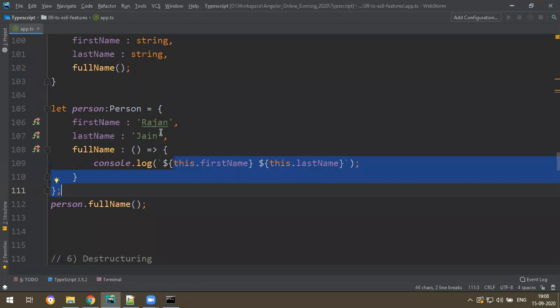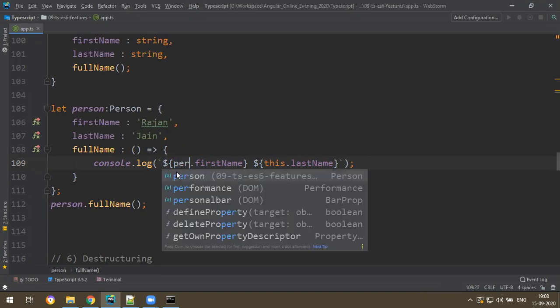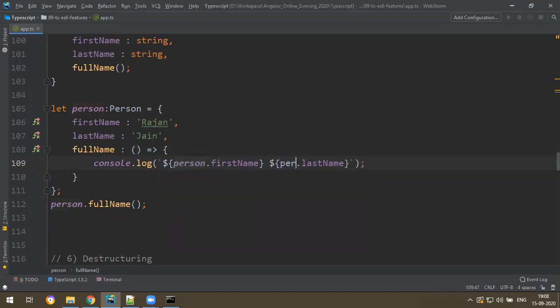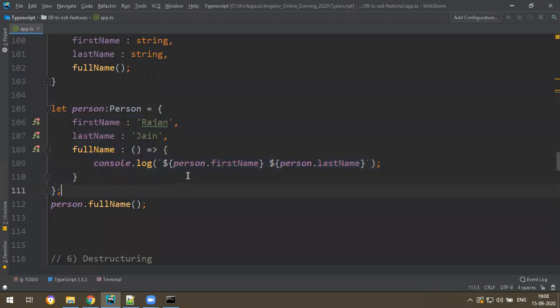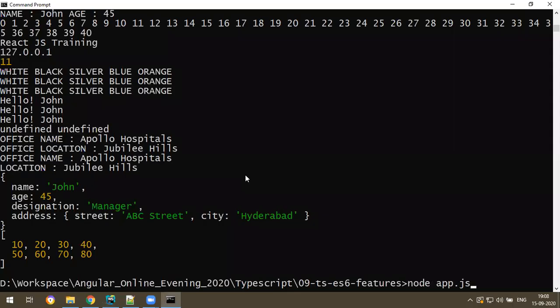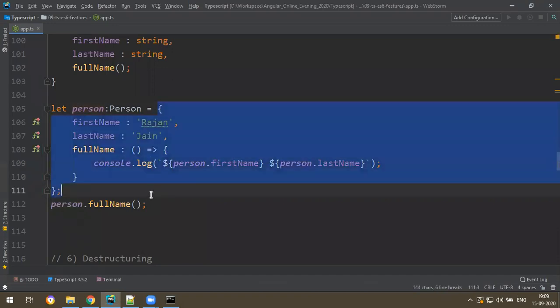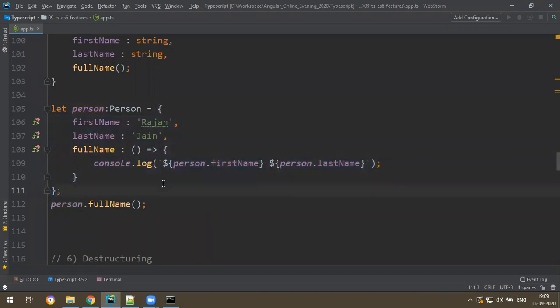So what is the problem is, if you're writing an arrow function, there is no accessibility of this keyword. So, sir, if you write an arrow function, then you can access it just like global person dot first name, person dot last name. This is one small drawback with arrow function if you declare that inside an object. So better you write person dot first name, person dot last name. If you write in this way, you can happily access Rajan Jain. That's a small disadvantage with arrow function, but it is the easy way we can write a program.